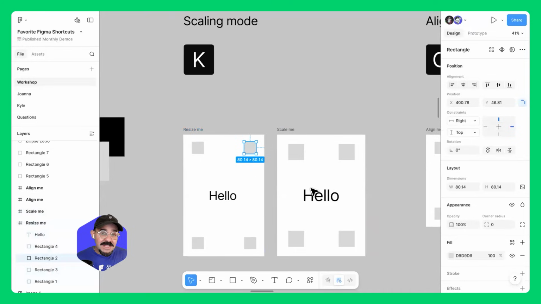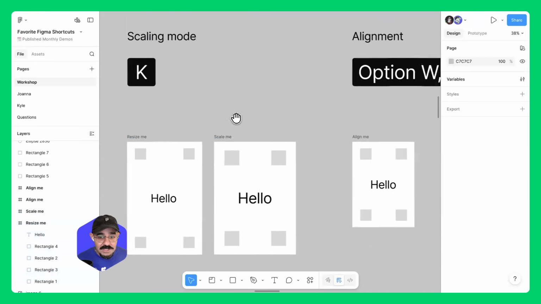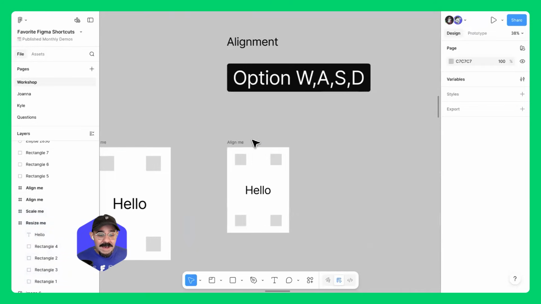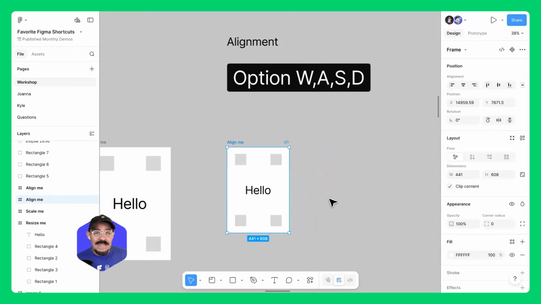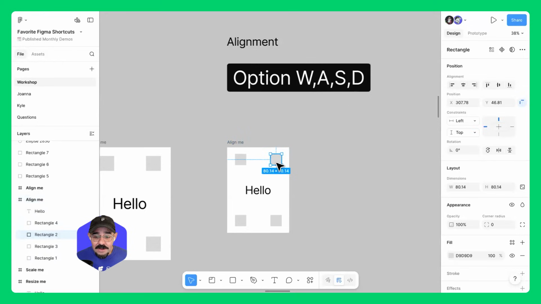And within there, you need to think about how you're going to move those objects around. And thinking about that, there's different ways of assigning those constraints, the instructions for how an object will behave inside of a frame and resize. I'm going to select this rectangle right here, and I'm going to align it to the top right. So WASD, for those of you who are gamers, if you look,